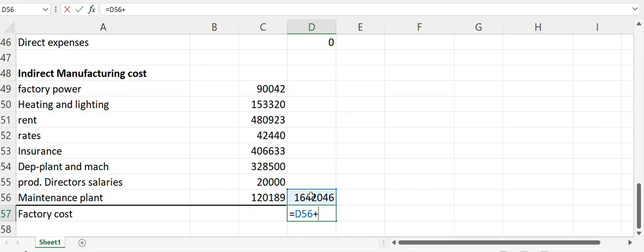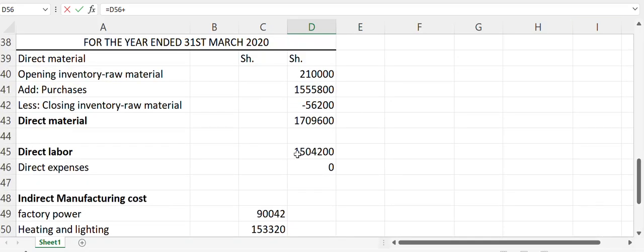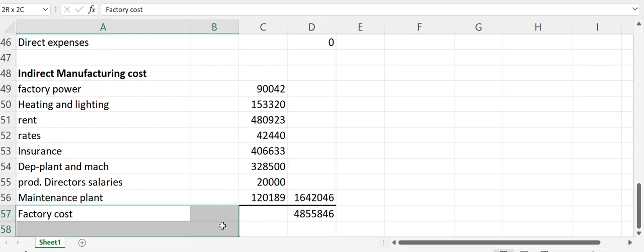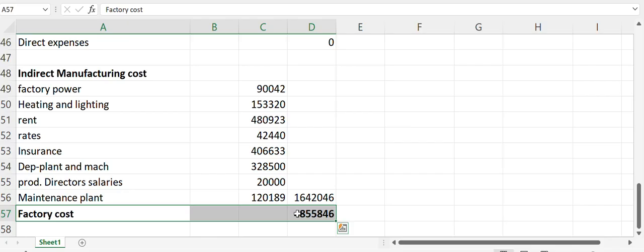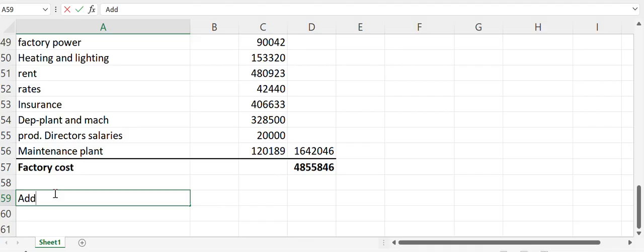And that, you add direct material, direct labor, direct expense, and indirect. You add all of them. So to get that. So from here now, to get the cost of completed goods, you need to add